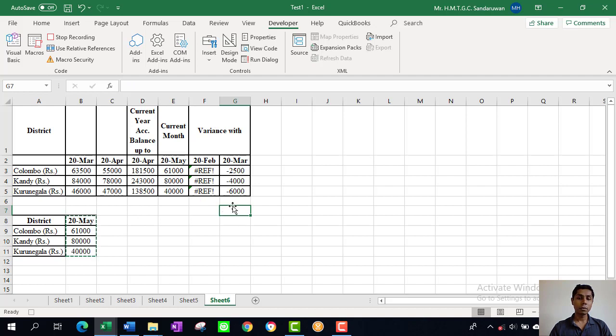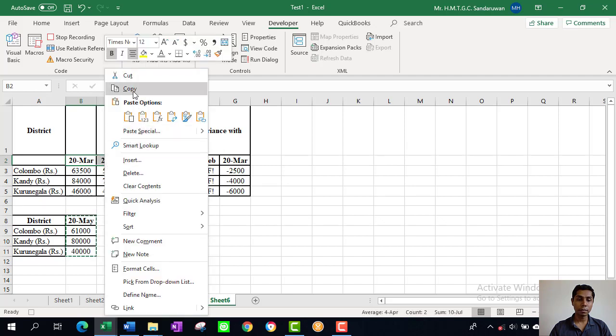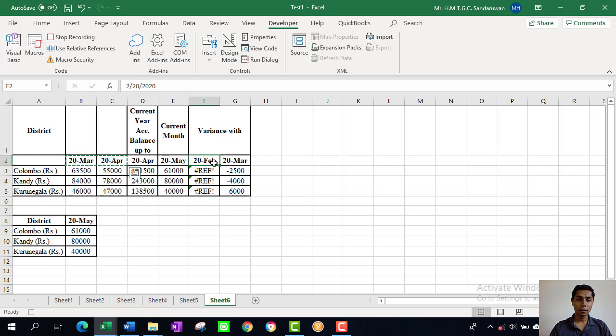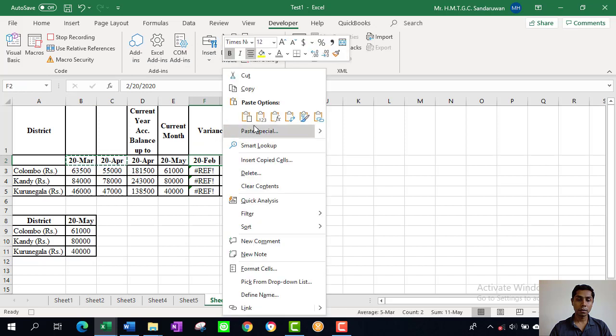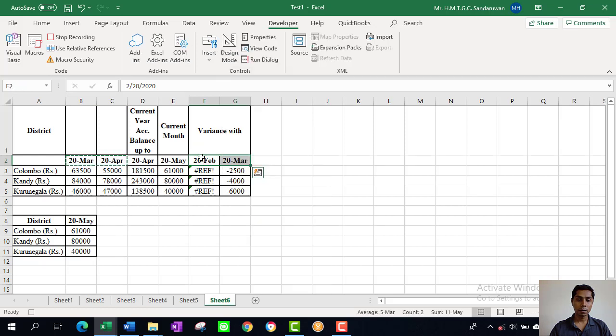Then I can do the variance analysis. So I need previous 2 months. I take the labels from here, copy the labels, paste them. So the two labels have come. Now we can get the variance. So equal